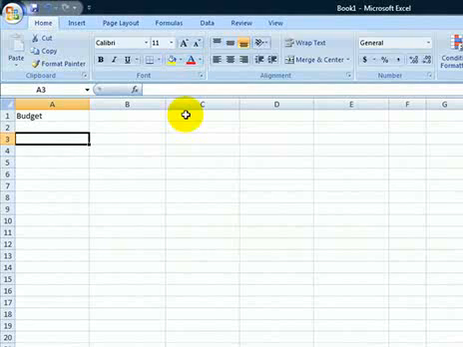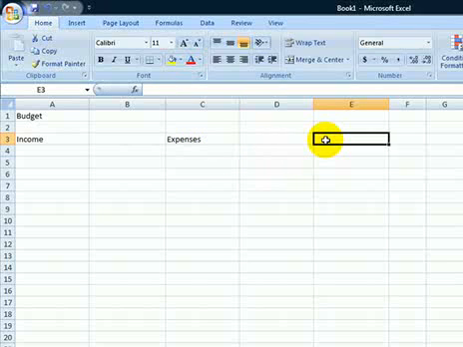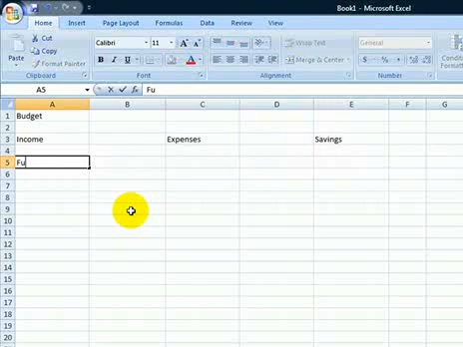And below it we're going to create an income column, an expenses column, and of course our savings column. Now under our income we're going to put what we earn. We're going to, for example, have our full-time pay,